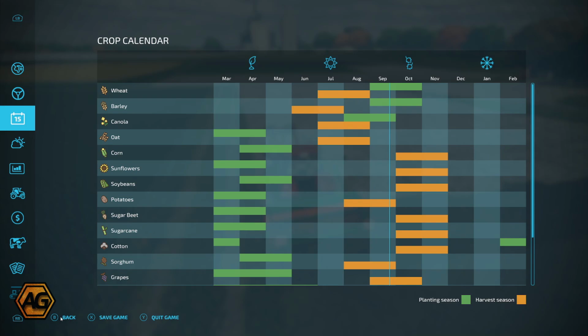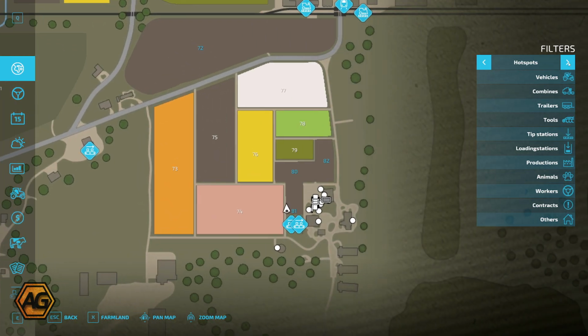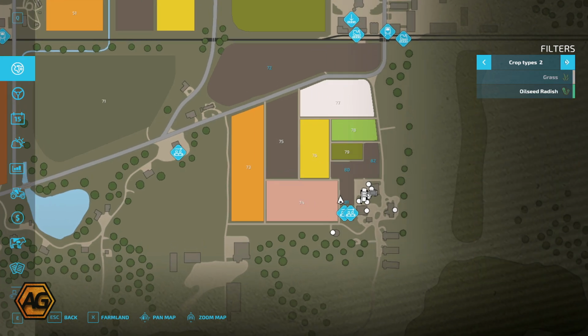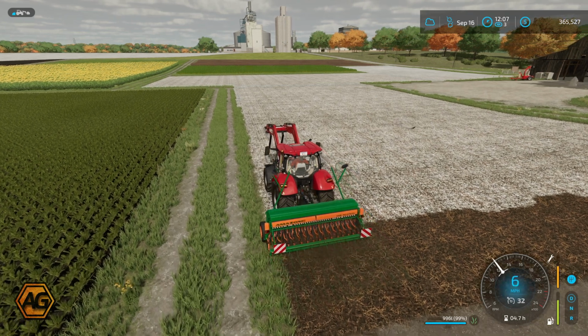We'll just double check here on the mini map, on the main map. Zoom in here, and crop type 2, turn on the grass, you can see it has gone green. Turn that back off. Right, well there we go, everything is running as I'd expect,